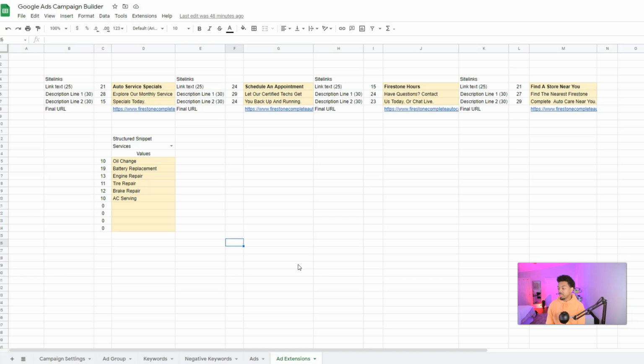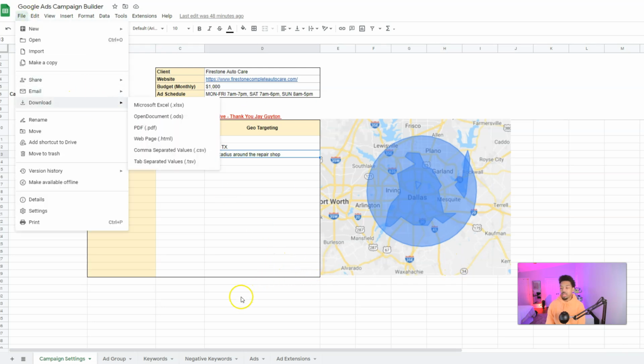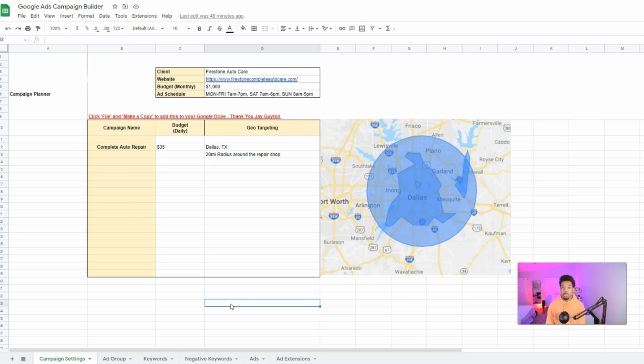So this is the campaign builder, and pretty much all I would do is build this thing out totally and then hit file and save it as an Excel spreadsheet. And so if you want to, here's 2 little tips I'm gonna give you. You can actually go on LinkedIn and find recruiters or the hiring manager for agencies that you know that are hiring, and actually submit to those recruiters or hiring managers your resume as well as a copy of your Google